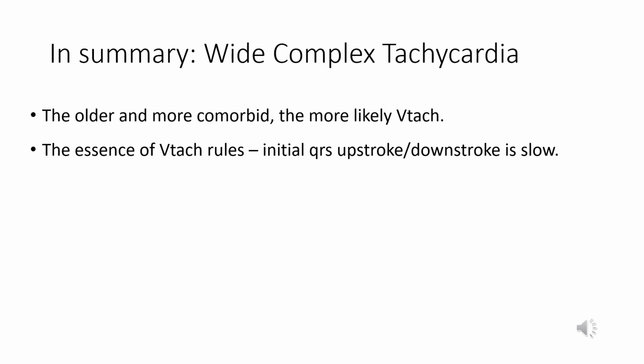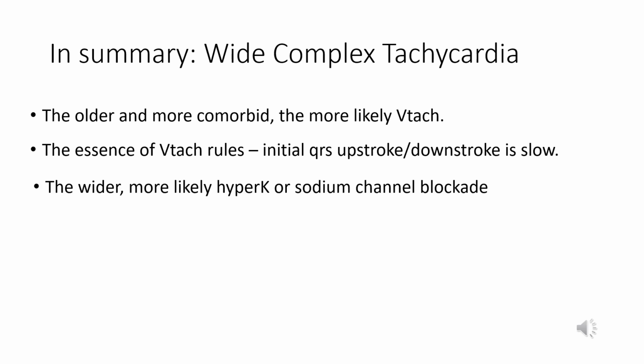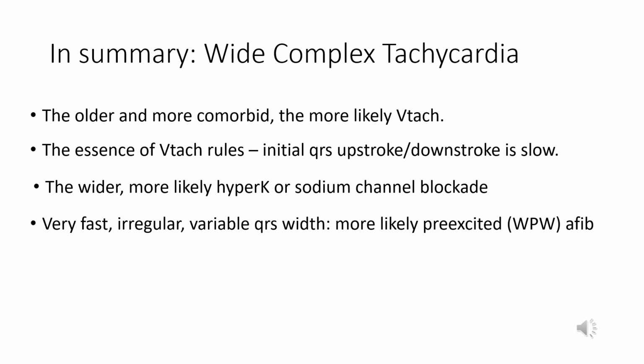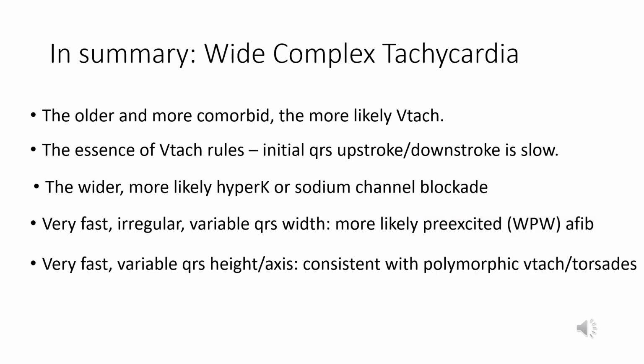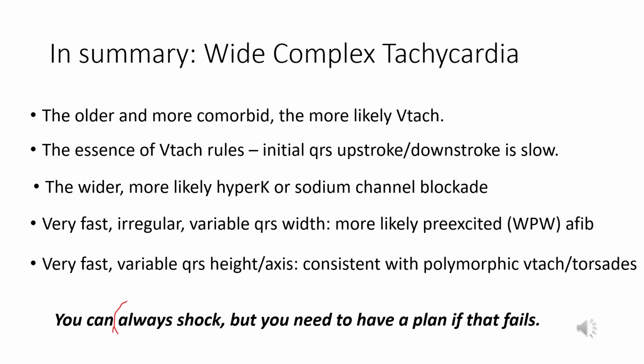Remember, as always, the wider the QRS, especially once you're getting over 200, the more likely we're dealing with hyperK or sodium channel blockade. Turning to polymorphic rhythms, the faster it is, irregular with variable QRS width, the more likely it's AFib with aberrancy or AFib with WPW. On the other hand, if you have a very fast rhythm with a variable QRS height more than width, in other words,